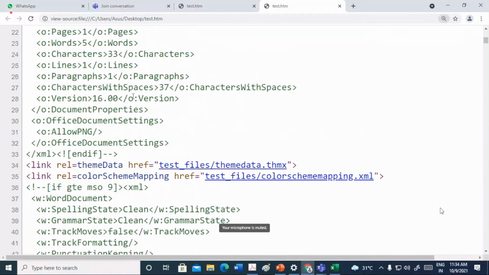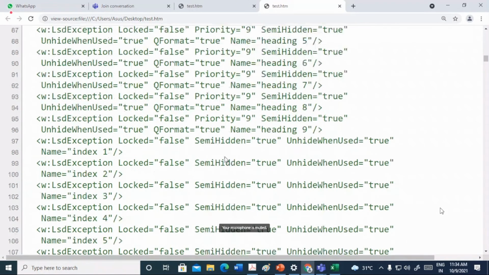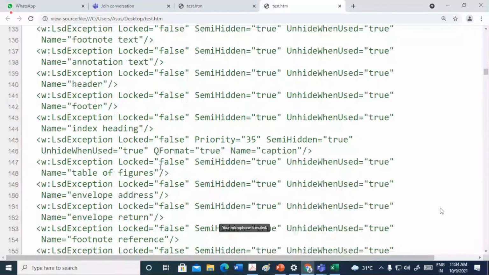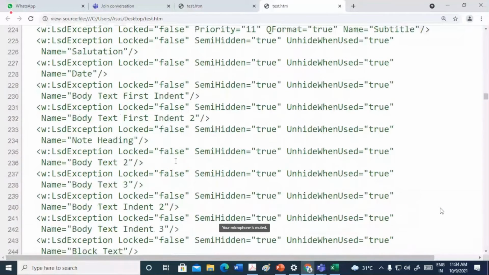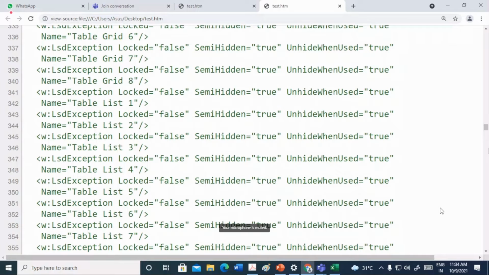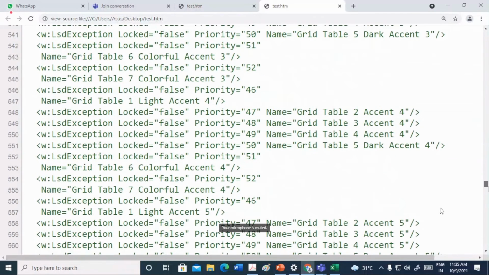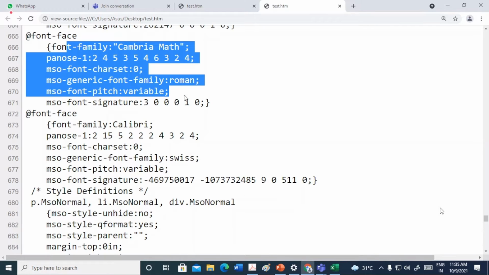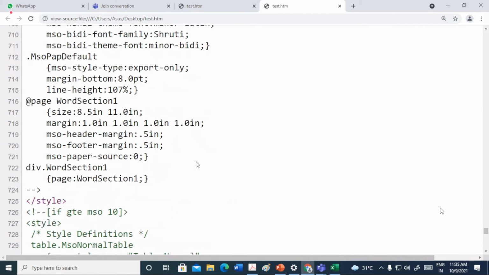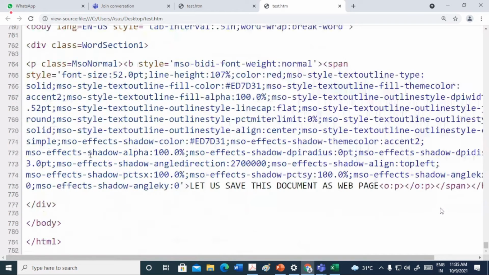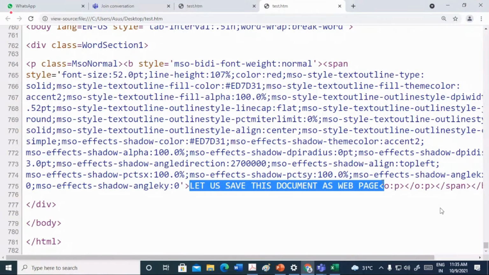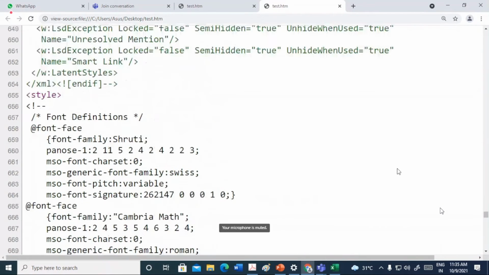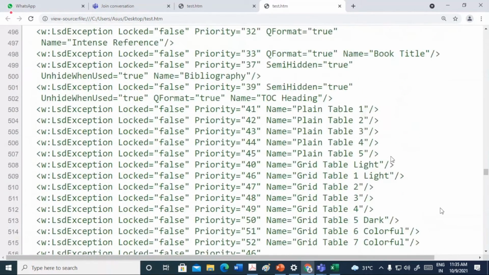All these properties, templates and other things we didn't write. This is HTML code. Microsoft Word processor automatically converted this document into an HTML document. See, this is the method of writing the style sheets. This is head, body, class, and this is our text. So many things just for a simple line.